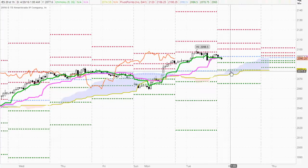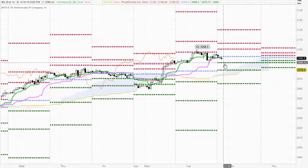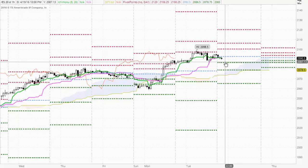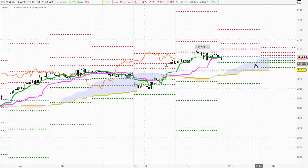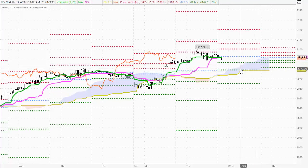But as we move further into the trading day, the Ichimoku cloud moves higher and it will lessen the pressure on the market to attempt to find that equilibrium, and the retracement that we're seeing at the moment will perhaps start to wane. Also, the thickness of the cloud starts to become greater, and it will strengthen the support through the Ichimoku cloud. And around about halfway through the session, the bottom of the cloud joins up with the second pivot point support level around 2078, and will provide a very solid base to halt any potentially strong selling that